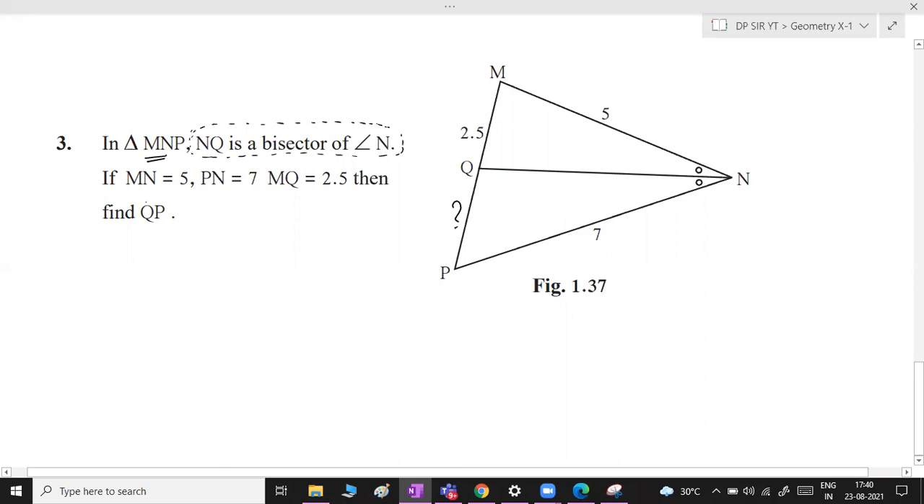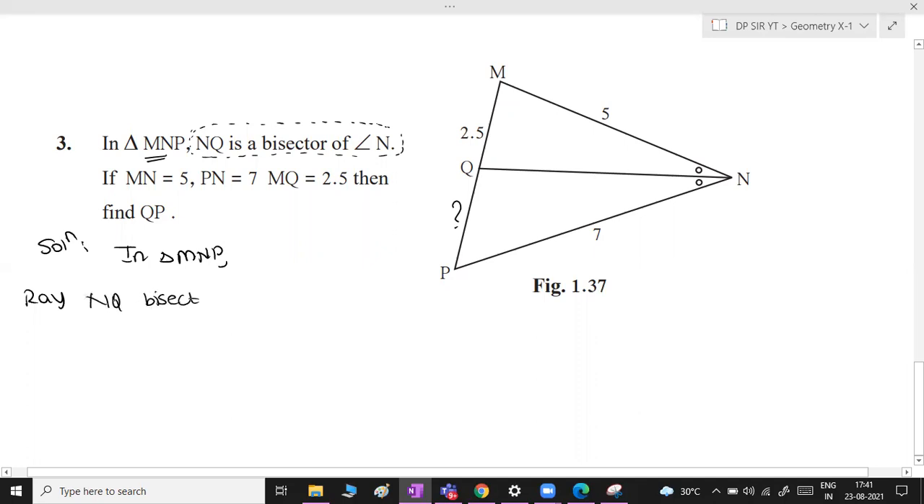So in this particular question, since the word bisector is given, the theorem of angle bisector strikes me, and I will go ahead using that property. So now let me just start with the solution part. In triangle MNP, this question is very easy. I repeat, you should practice on a daily basis. So ray NQ